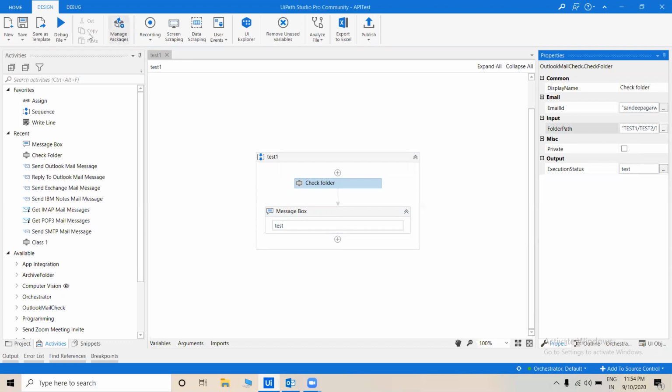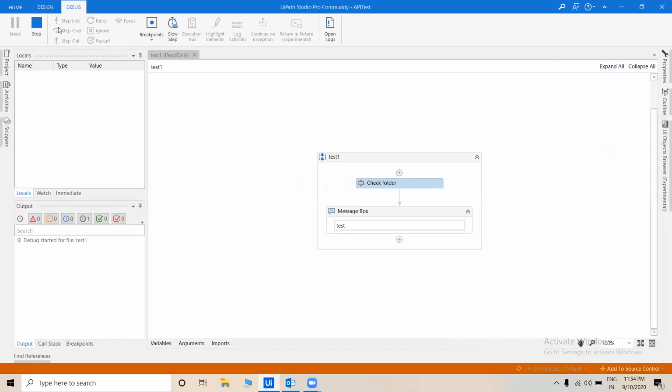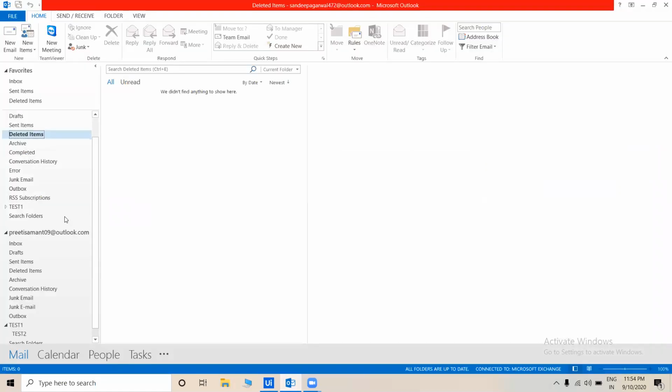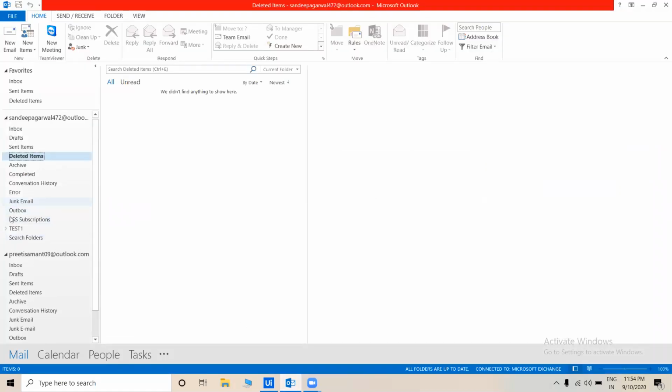So now I am going to run the bot. So in this scenario also the overall execution status is successful. And now let's go to the Outlook. So as you can see, the folders have been created corresponding to this email ID only. This is test1, test2, and test3.